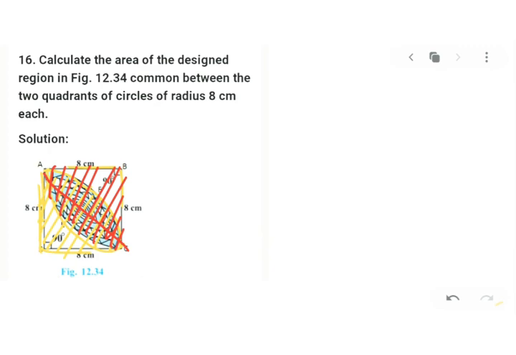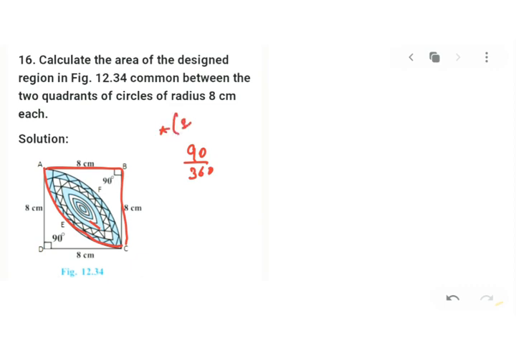Okay, what we can do is I'll take this sector. Can you see the red color mark? And from there, just 1 second, I'll just make it this sector. This is one sector, so you can go for 90 upon 360. I'm finding area of sector into 90 upon 360 into pi r square. So you can take pi 22/7 and radius is 8 and 8. From there you will get area of sector, and from that area of sector, if I remove